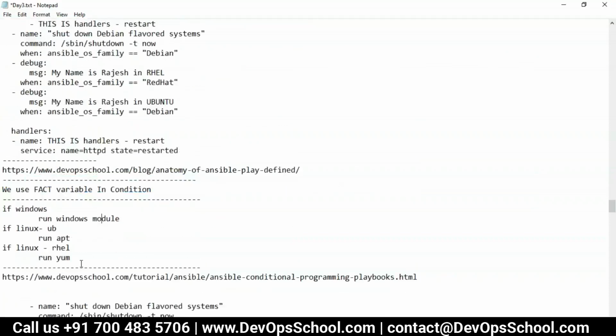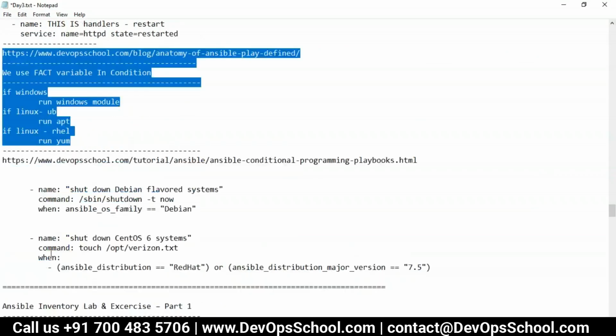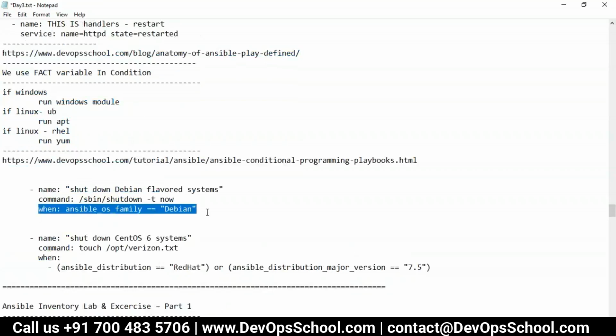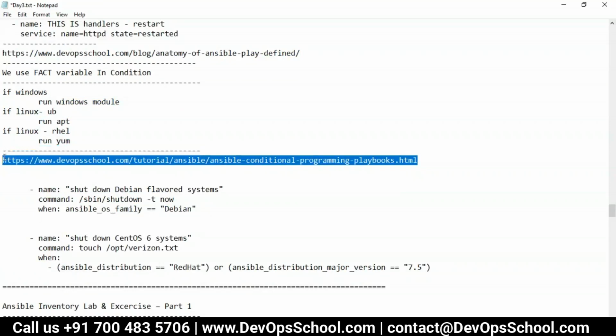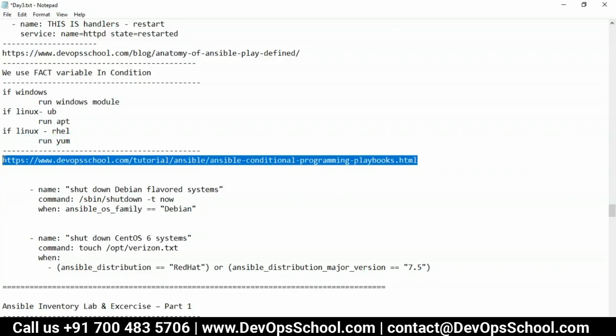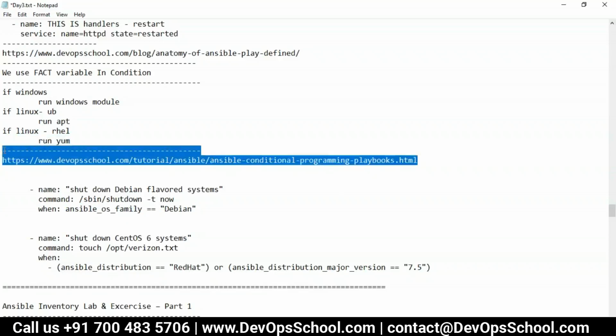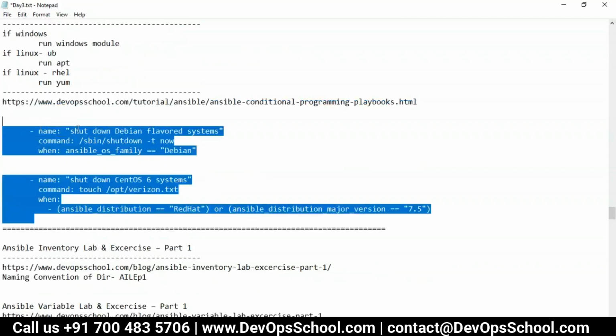Now here, this is the conditioning. We did the conditioning also with the help of when. By the way, let me tell you, there are so many forms of conditioning possible. For that purpose, I have shared the URL which has some of the conditioning: single conditioning, multi conditioning, and also using Python, using the functions. Many things are possible here, because ultimately this Ansible is written in Python. So anything you want to do in Python, you can use if your module is in Python. So those things are always open.